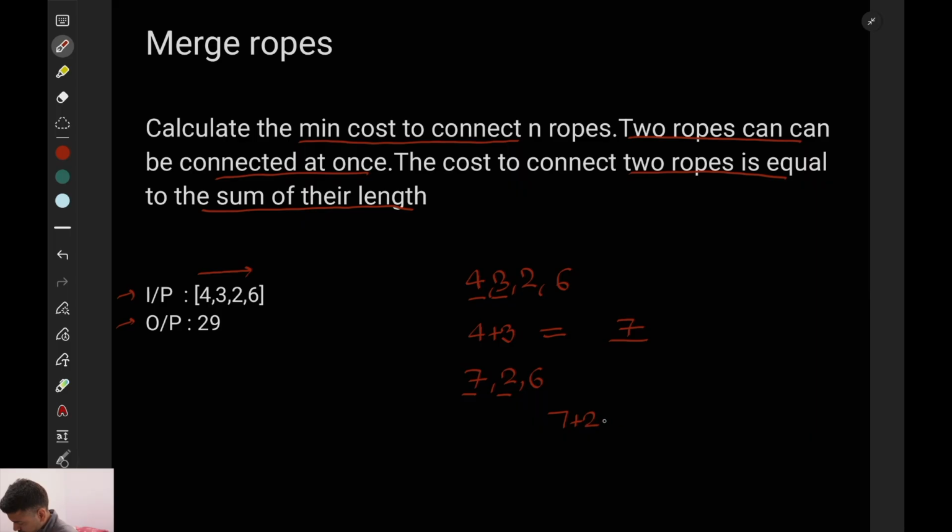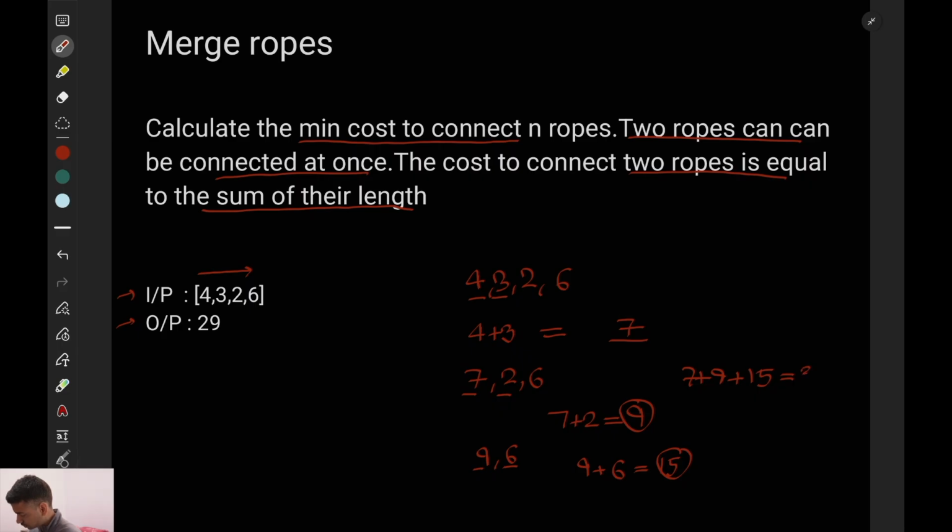And the cost to merge 7 and 2 is 9. Now we have two ropes of length 9 and 6. The cost to merge this is 15. So the total cost to merge rope 4, 3, 2, 6 will be 7 plus 9 plus 15, which is